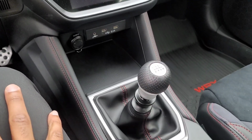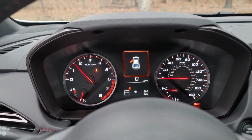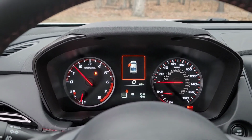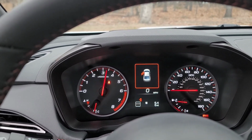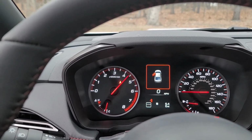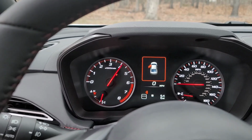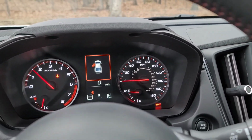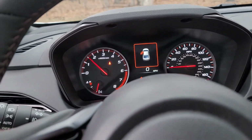That pretty much starts it up. Now this car, like I said, it's got 271 horsepower, sorry. And you can basically rev it all the way out if you like, which is pretty nice. Now, as you can see, two digital speedometer and tachometer there, and the center screen can